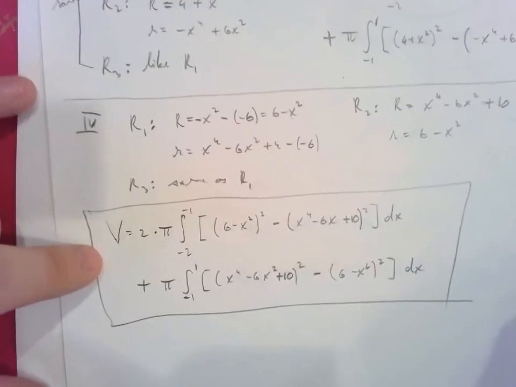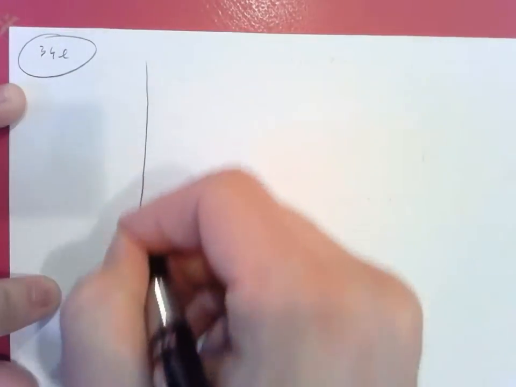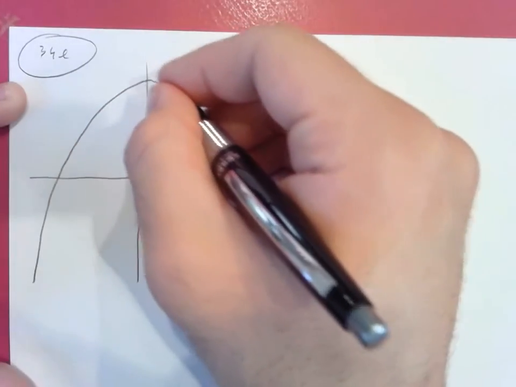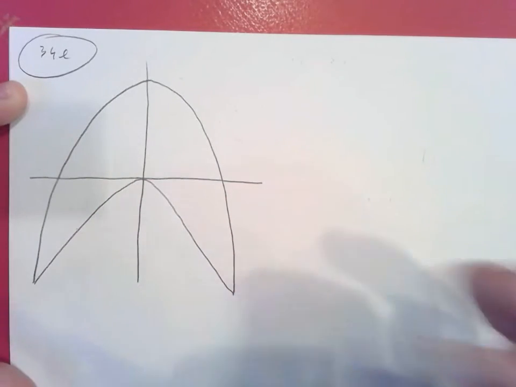Okay, so that takes care of 32 part B, and I'm going to now do 32 part E, which is the more complicated part, but I'll only look at the region in the middle for the intersection of the two curves. So let's take a look at 34 E. The region of intersection looks something like this,